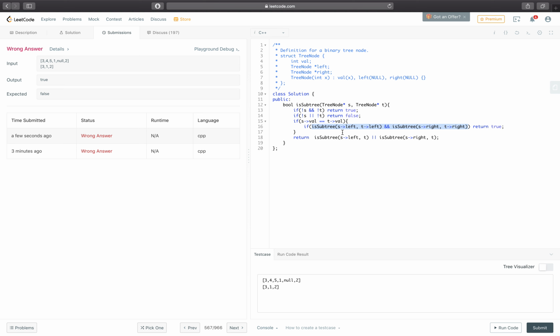So if this is true and this is true, return true. And if it's not true,